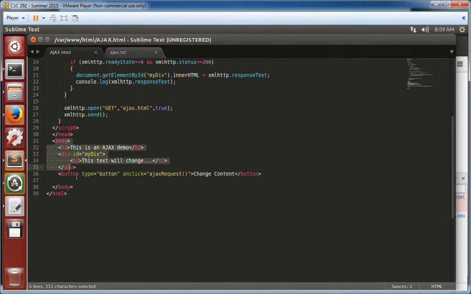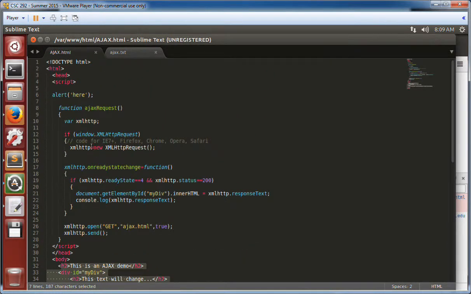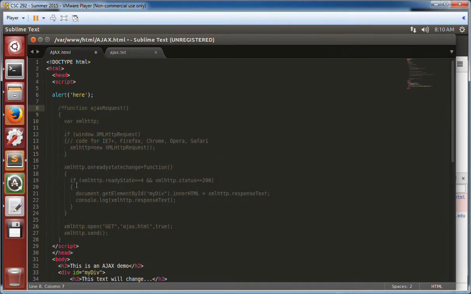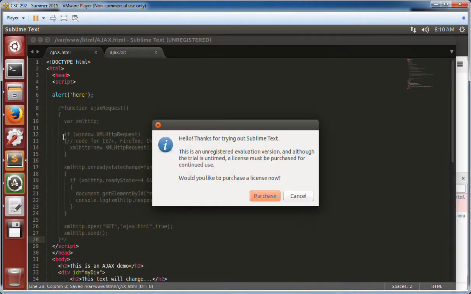Inside of here, you can see that I have content inside of the body. That is, I have things that will be displayed on the page when you load it. What's going to happen, though, is simply because of this alert, and again, just ignore this function, this function doesn't even matter right now, because of this alert,